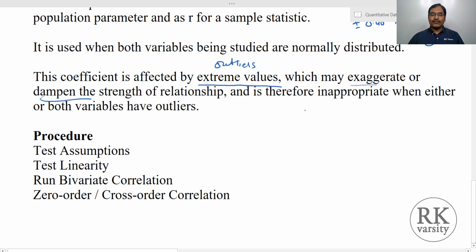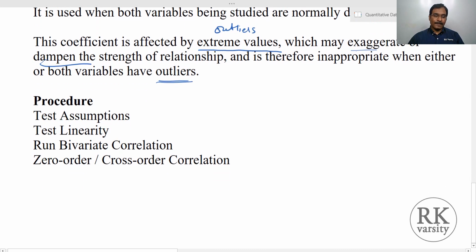It is therefore advised to check whether your data have any outliers. If there are outliers in your data set, then you need to weed out the outliers or transform your data before running a correlation coefficient. Now the procedure is that first test for assumptions in your data, then check for linearity, then run a bivariate correlation if you have only two variables, then go for zero order or cross order correlation when you have multiple variables.